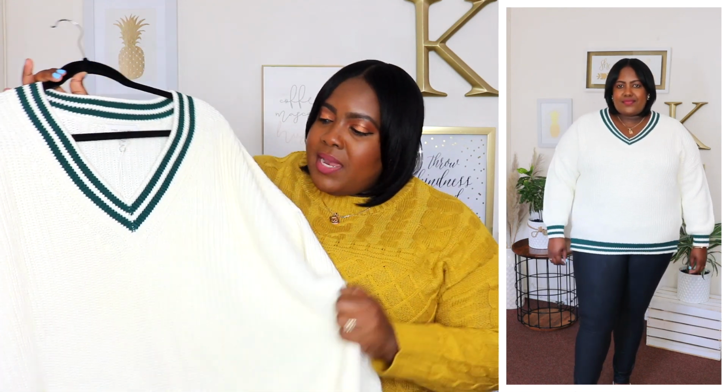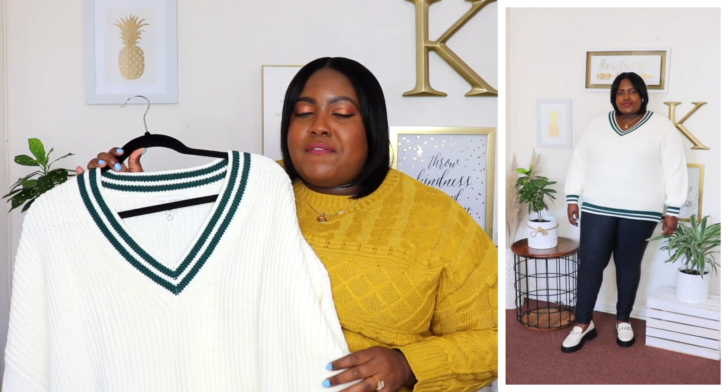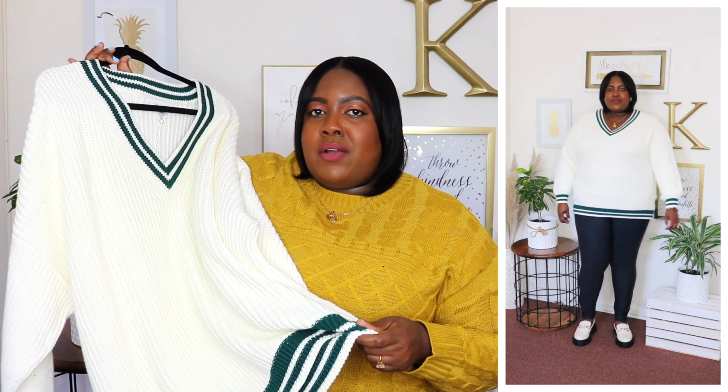It's very roomy in the midsection and a little bit oversized. I definitely could have maybe sized down one size in this sweater, but I do like my sweaters to be a little bit oversized on me. This is a 100% cotton material and it's heavyweight, so this is going to be perfect for fall and also winter. It does have a rib hem, and it has the varsity stripes going all the way around also, and